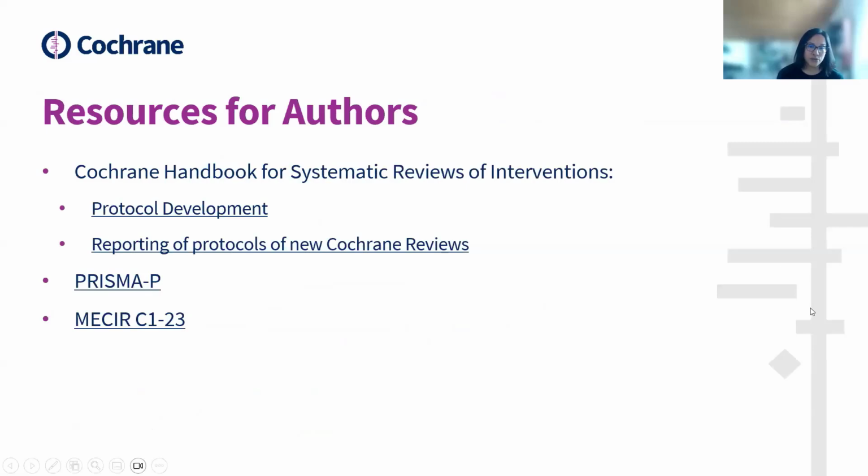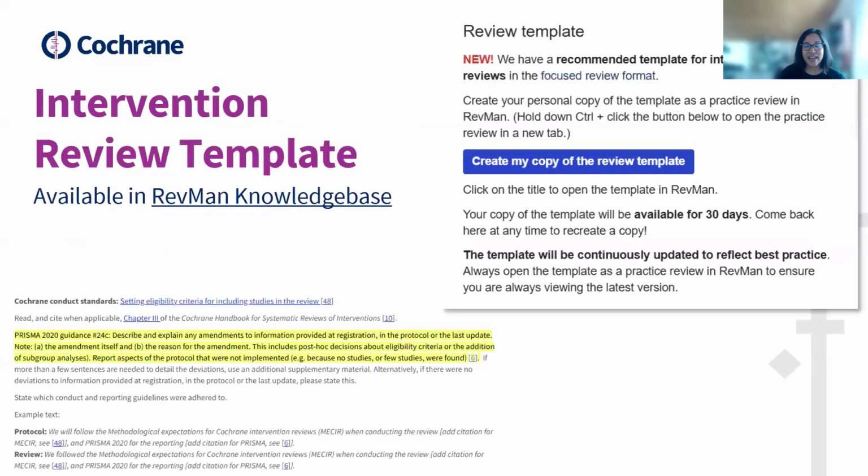So, there are numerous resources available for authors when developing their protocols. For example, the Cochrane Handbook for Systematic Reviews of Interventions has a section on protocol development and for reporting. Additionally, there's PRISMA reporting guidance specific to protocols of systematic reviews. And we also have MECIR standards C1 through 23, which also provide guidance on various aspects authors should consider in conducting their reviews. But with all these resources, it's sometimes difficult to know where to look and what to look